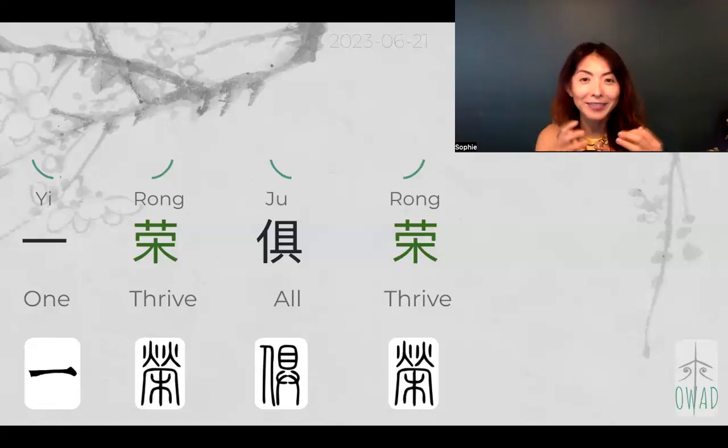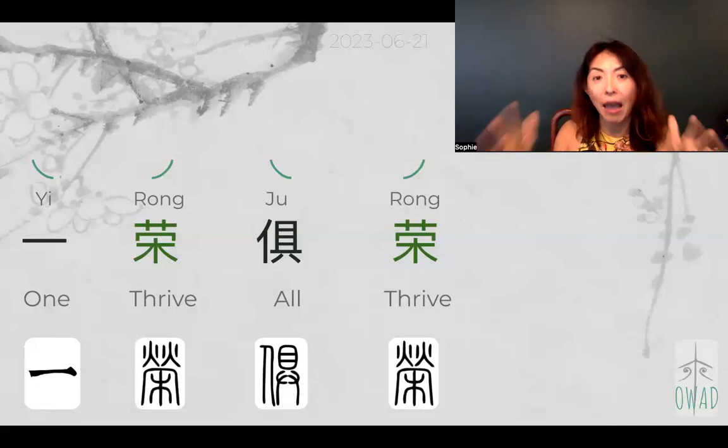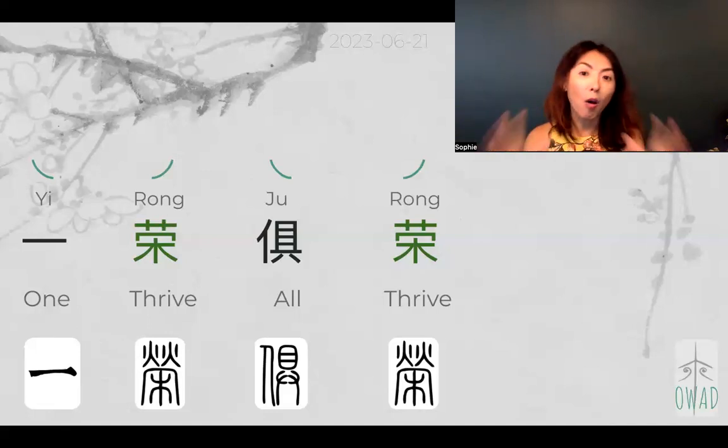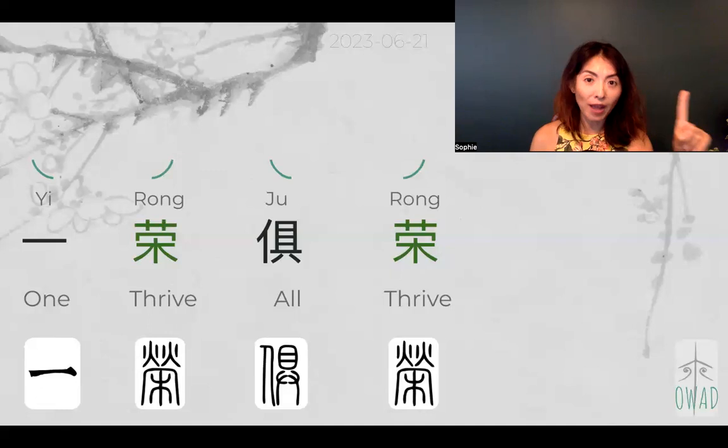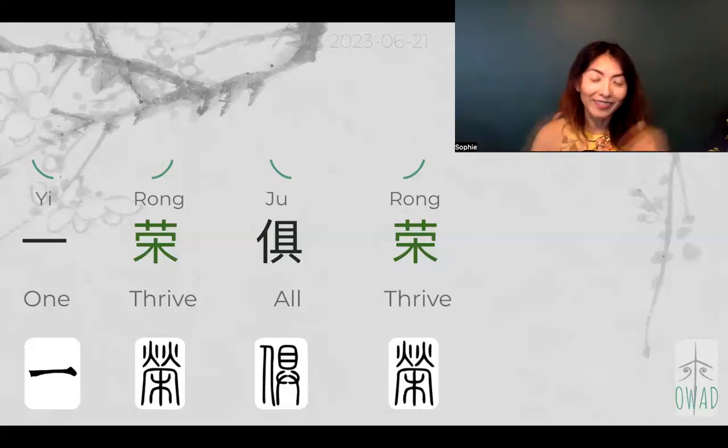That's the time when they have to come together to eat together. So this then extended into the meaning of all. So everybody in this household, at least, that's all. So now we have one versus all, right?